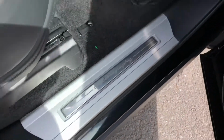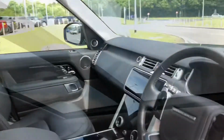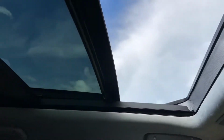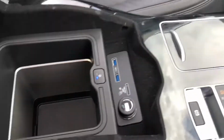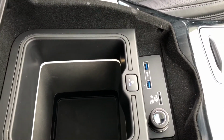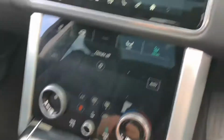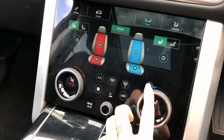Autobiography illuminated tread plates and a lovely leather interior which is easy to clean. A sliding panoramic roof, which is really nice to open on a sunny day or for some fresh air. You have a cooler compartment, ideal if you're going on a long journey and want to keep refreshments cold. You've got heated and cooled front seats, ideal for winter and summer,